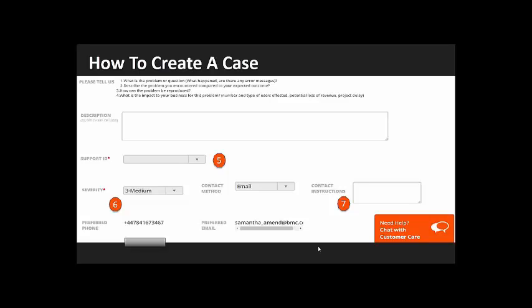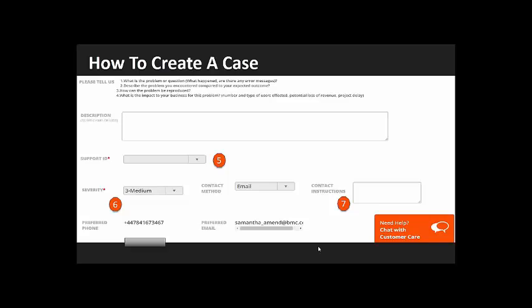And then the severity, which is very key, you need to make sure that you communicate how big of an impact this is to your business. The default value, please note, is medium, but you can adjust this accordingly to the urgency of the problem. And then the contact method field, this will be specifically how you prefer communication. And if you've got a distribution list or additional people, then I would recommend that you put this in the